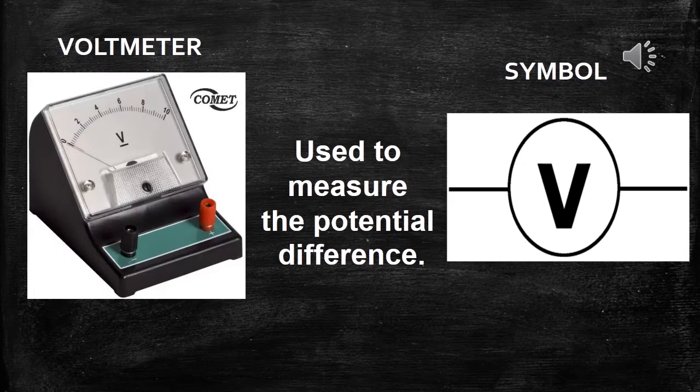Another important device is voltmeter. This is widely used in physics lab while performing the electricity experiments. Look at the voltmeter. In the middle of the voltmeter you could see the letter V. That V is for voltmeter. It has got two ends, positive end and negative end. This device voltmeter is used to measure the potential difference across any 2 points of a circuit. The symbol of the voltmeter is V, with a circle around it. It has got two ends, positive end and negative end. That is the symbol of voltmeter.